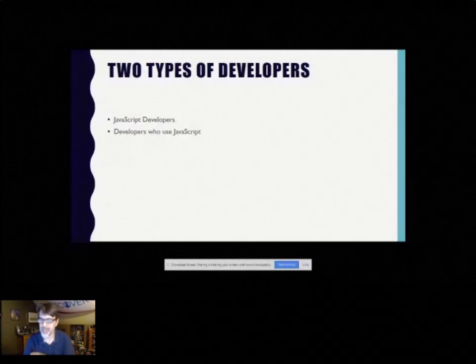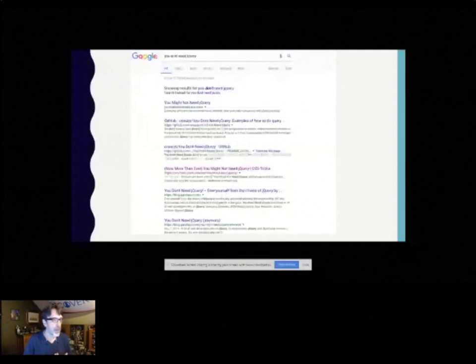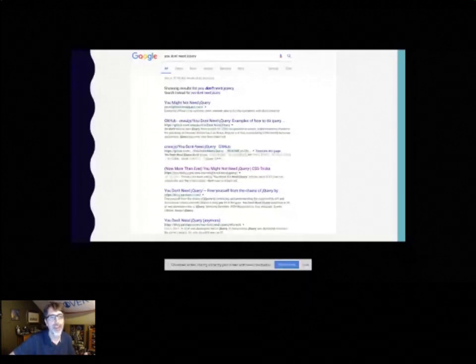And again, there's nothing wrong with that, but it could also be a bit scary if you're not following along with everything that's changing, and you may be hearing about how you don't need X, you don't need Y. I have to admit, my jaw dropped when I typed in this search term and saw that there were 15 million results for you don't need jQuery.